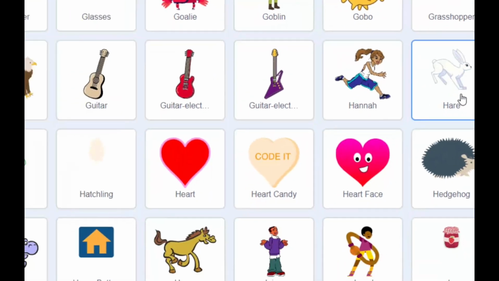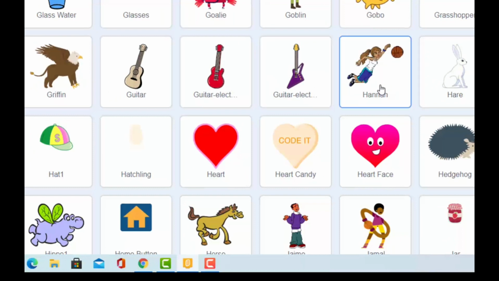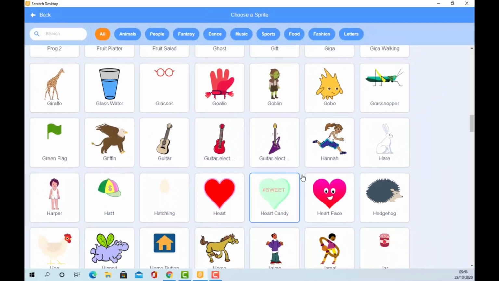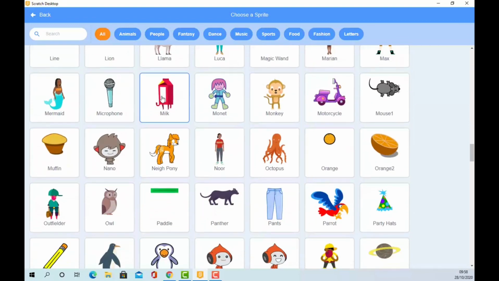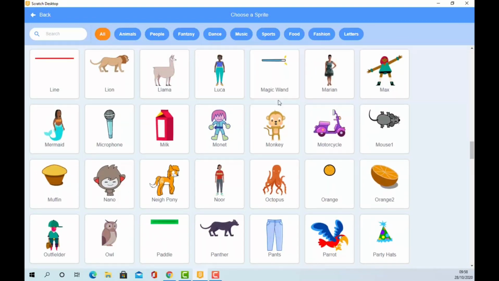Not a hammer. Hair. Oh, that's it then. There's no ham. So there's no hammers. Maybe mallet. Let's have a quick look a little bit further down. Microphones and magic wands. Oh, I could do a magic wand going up and down. No, we haven't got a hammer, we haven't got a mallet, so we're kind of out of luck in the